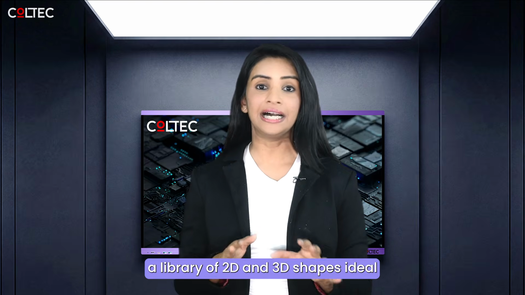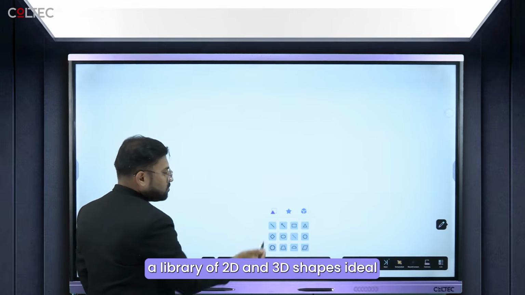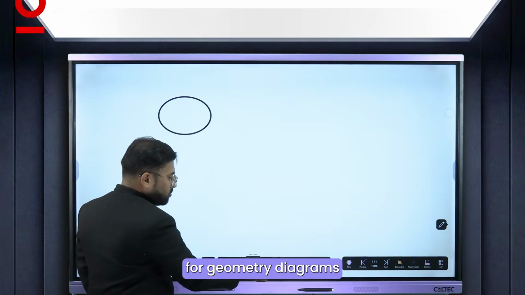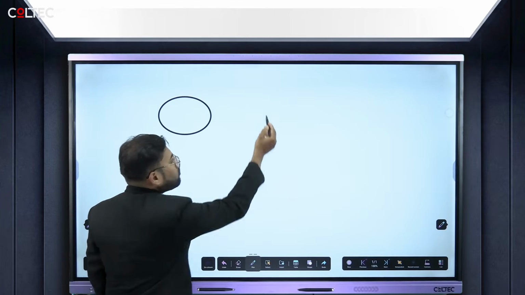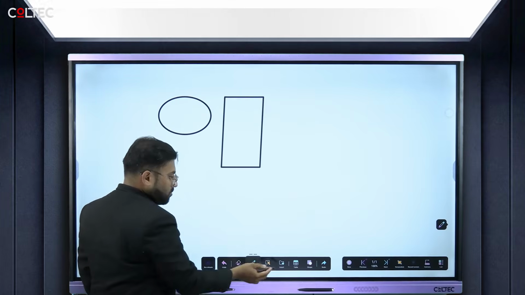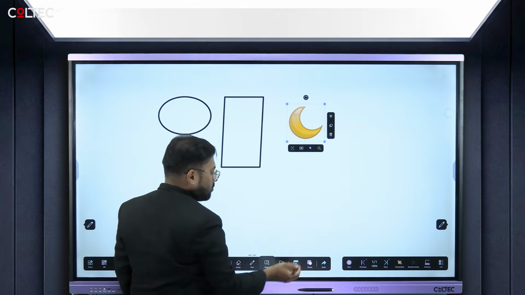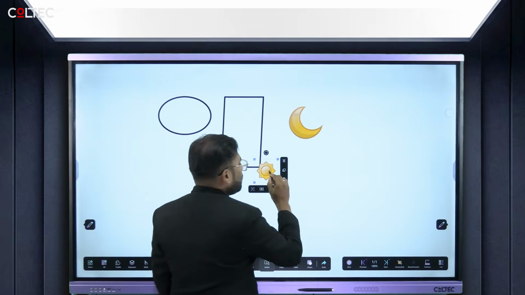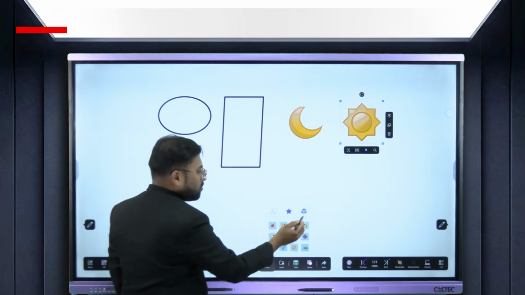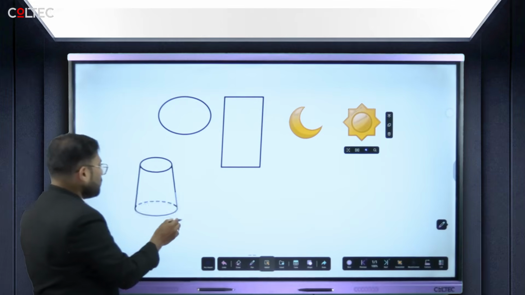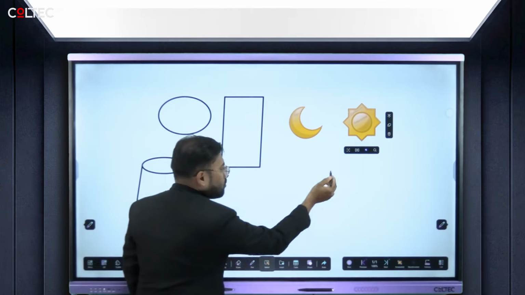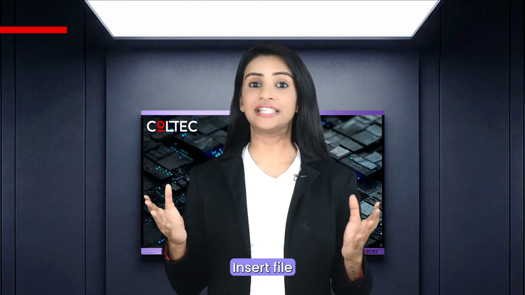Insert shapes, a library of 2D and 3D shapes, ideal for geometry, diagrams, and visual explanations. Insert file.